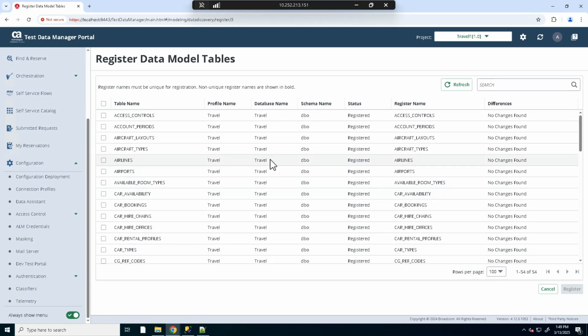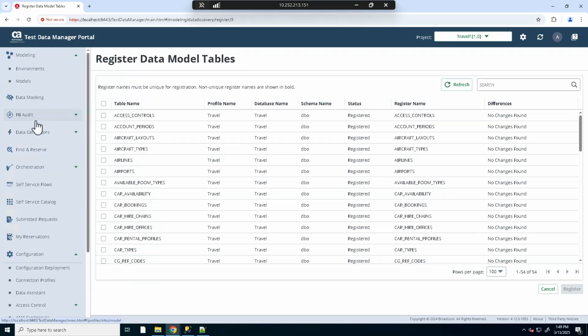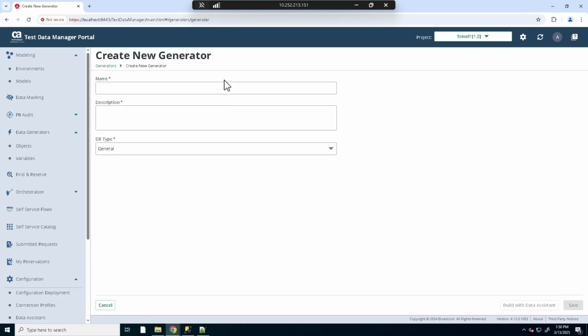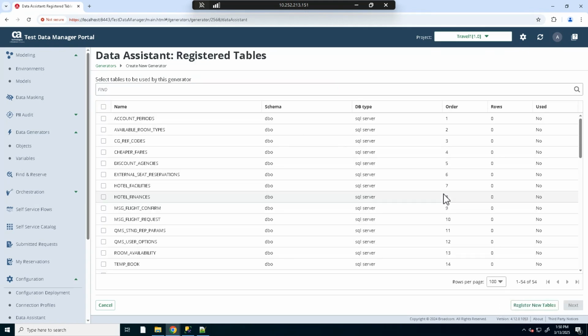So for doing that, you go into your generator section and say create a new generator. Let's say I give it a name, gen data assistant, and I use that for the name of the generator. I can choose the database type as general as NoSQL, and you have a new option here which will say build with data assistant. So when you do that, you get this screen where you can now select all the tables